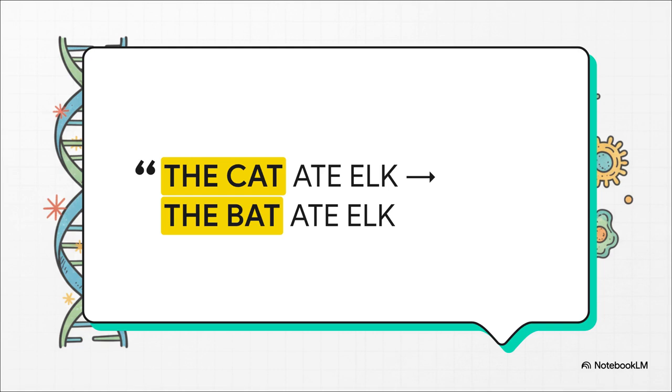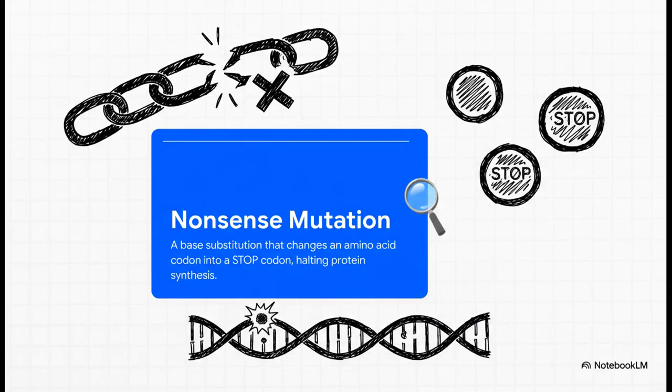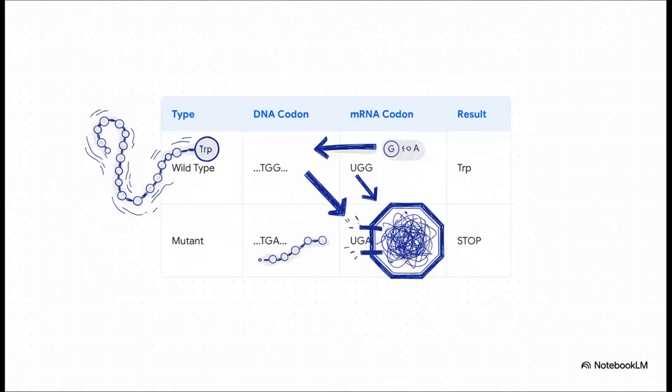amino acids involved. And now, we get to what's pretty much always the most destructive type of substitution, the nonsense mutation. This one is almost guaranteed to be catastrophic for the protein. What happens here is that a base swap turns a normal amino acid codon into a stop codon. Let's watch it happen. The wild-type codon TGG calls for tryptophan, but a single base change to TGA creates the